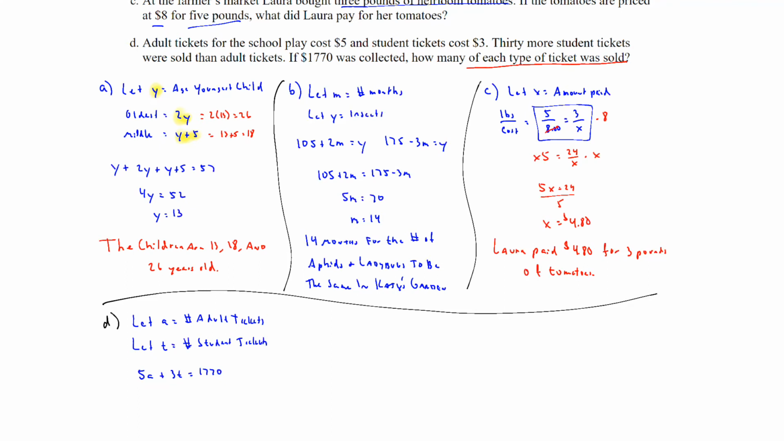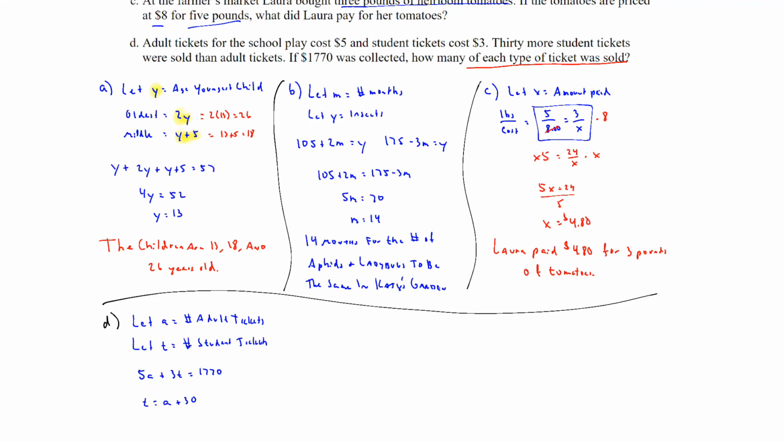So 30 more student tickets were sold than adult tickets. So we can say that the number of student tickets is equal to the number of adult tickets plus 30. Since there's going to be 30 more student tickets, we can say that there's 30 plus the number of adult tickets. And so now you can see the setup there, and it's a system of equations, and you can solve